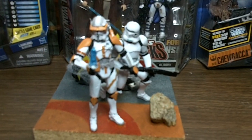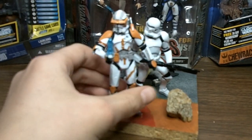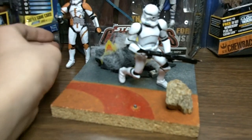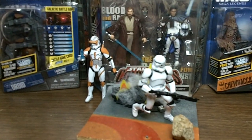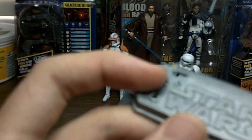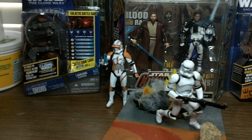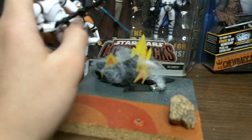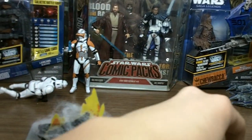Now, as you can see, they look like they're just standing on it, and they're not shaking. So what I did is I took a regular Star Wars display stand that comes in these packagings. I have them right here. I took one of these, and as you can see, this is one that I cut off the other one. I cut off this one and super glued it right there, and I did the same with another stand back there. I'm just gonna show you the diorama now